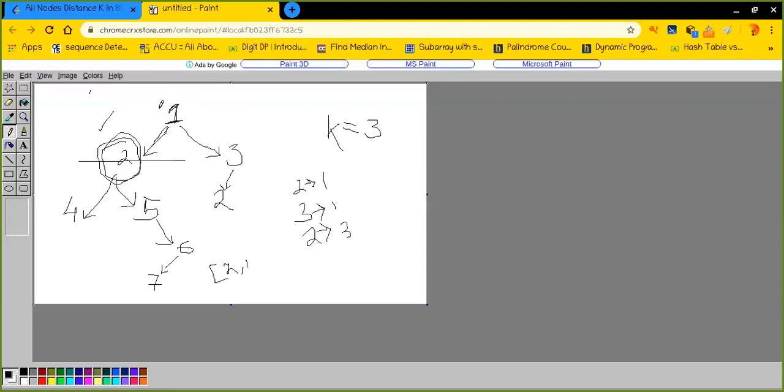Look into this matter. Now I am able to access the parent. Initially, I was not able to access the parent because I was not able to move upward, but now I am able to. Similarly, as it has both left and right, I will push them as well, 4 and 5. And as everything is pushed for this node, I will pop one by one and propagate to other nodes as well. So in this way, I'll have the access.